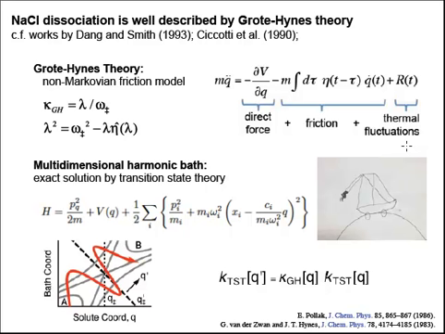But in terms of rates, it seems to work really quite well. So what's remarkable about this multidimensional model is that because it has the same dynamics, and because it's a nearly quadratic model, if you make a quadratic approximation to the potential of mean force, you can basically recover the results of Grote-Hynes theory exactly from a model that is harmonic.